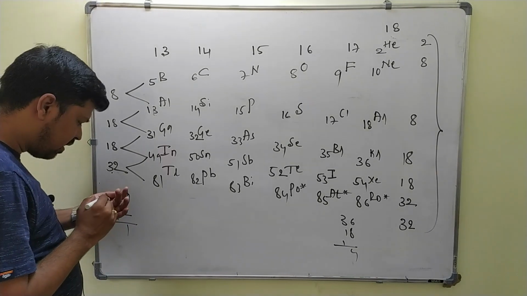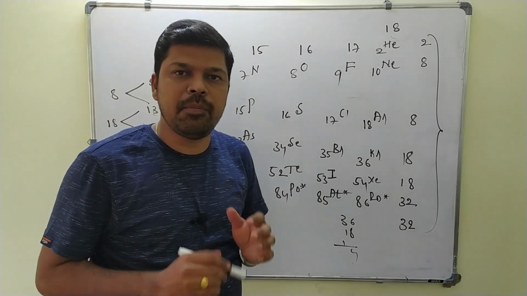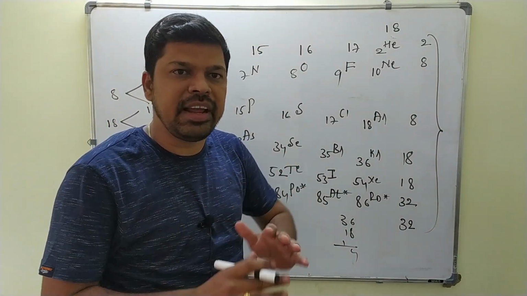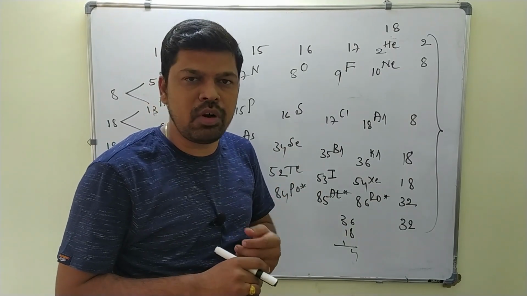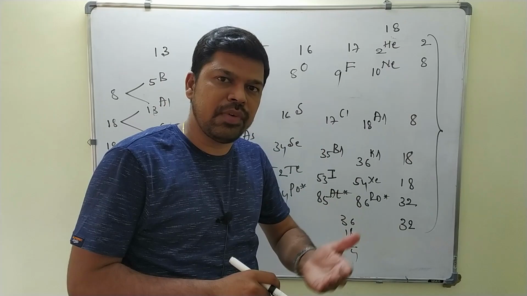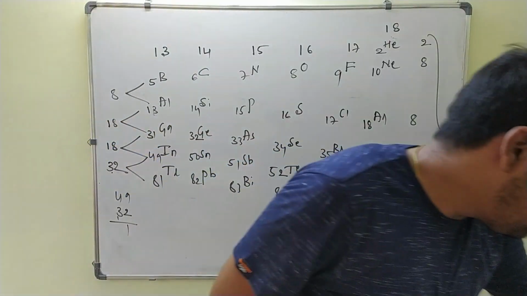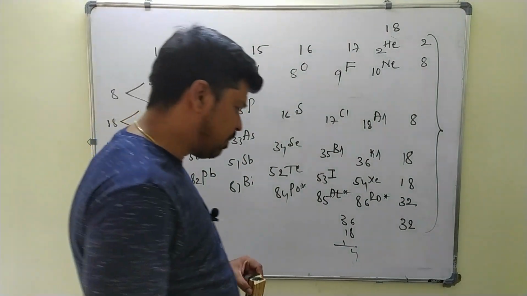And next thing we will go for is the p block. It is one of the important blocks which has mixed elements. This contains metals, non-metals as well as metalloids. Metalloids are nothing but what? Semi-metals, which have metal as well as non-metal character. Now we will see which elements are metals and which are non-metals and metalloids present here.